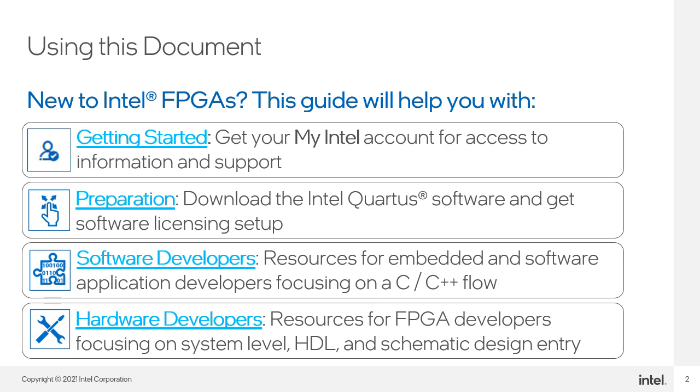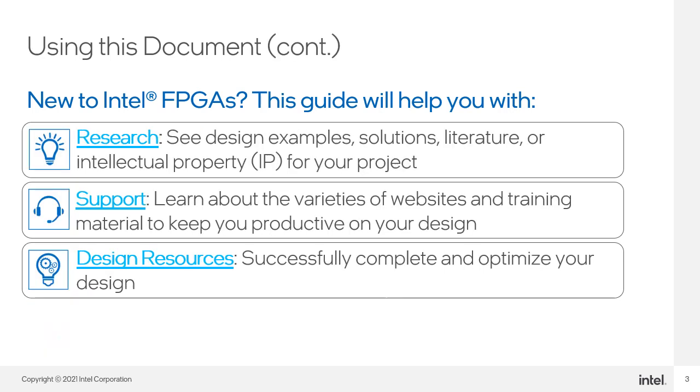tool for Intel FPGAs. The research section will provide you with resources you can use to help save time when creating a design. For example, you'll find links that will take you to existing designs and example code. In the support section, you will learn how to troubleshoot common problems and how to most effectively obtain technical support for Intel products and services, in addition to learning about the training resources that are available. Finally, in the last section, you'll get design tips and some important references that will help you complete your design